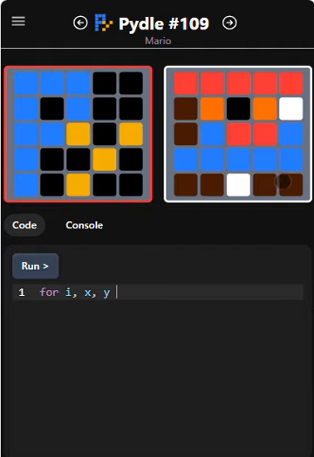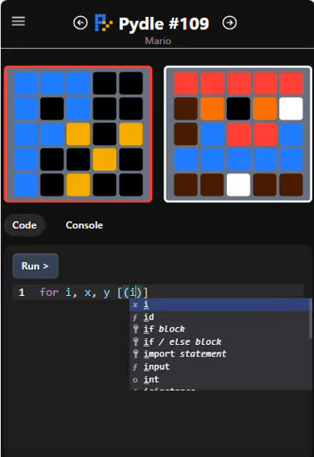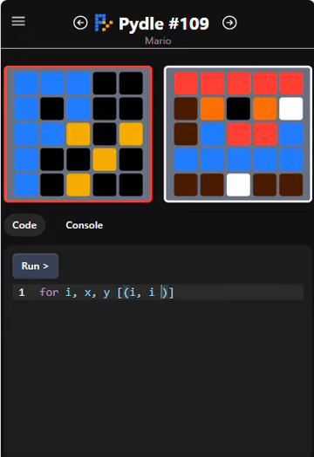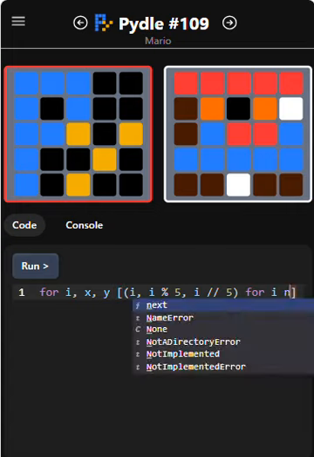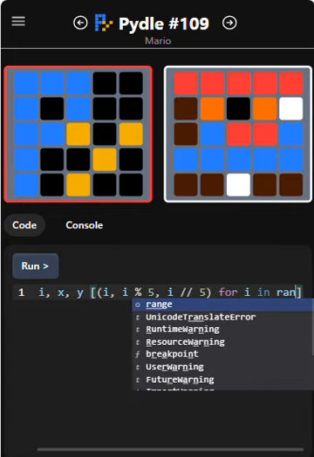So it goes from 0 to 24. And that can be quite convenient. So we use list comprehension. That's the tuple we return, which gets deconstructed into our variables. And we need I remainder 5, and I integer division 5 for I in range